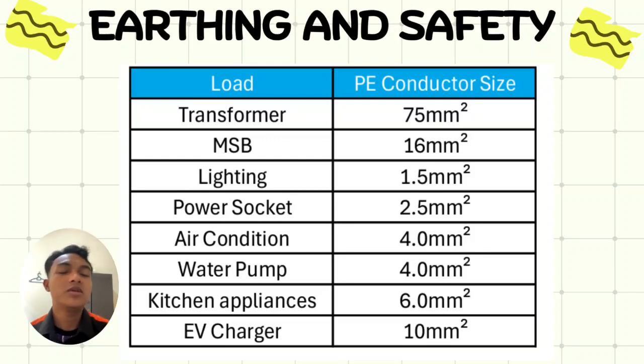For the MSB, the load is 35, which is the S. When S is equal to or less than 35, we will be using 16 square millimeters. Both of these are for the transformer, that is calculation, but for the MSB, which is the 35, that is a specified sizing that has been